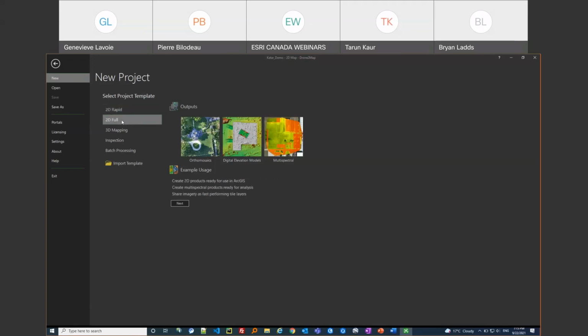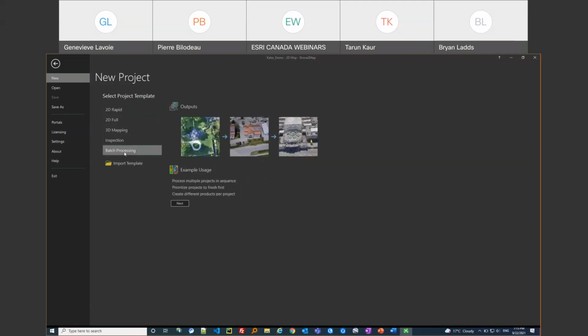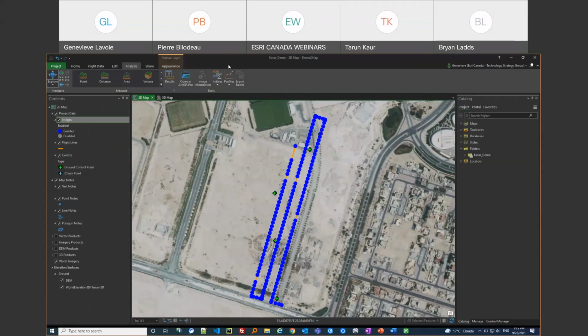For the 2D full, that's a high resolution product for these outputs. And then the 3D mapping will produce the 2D products on top of the 3D products. These are more specific to inspection and batch processing if you have multiple projects that you want to produce at once. If you go into the project,